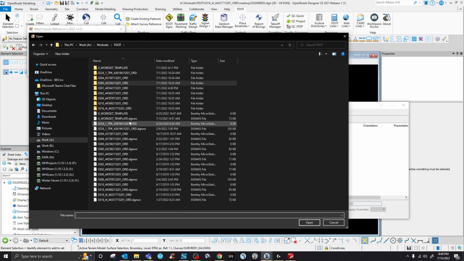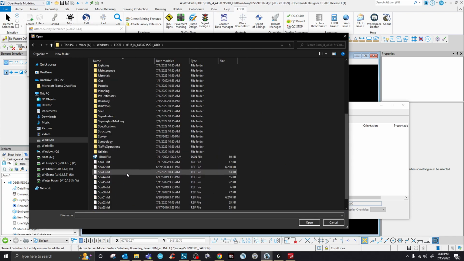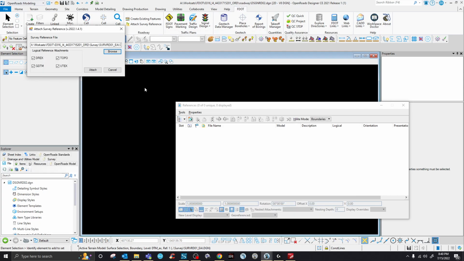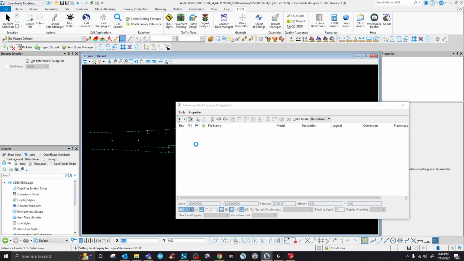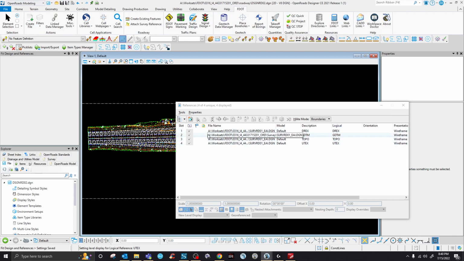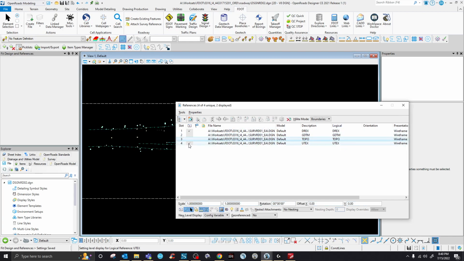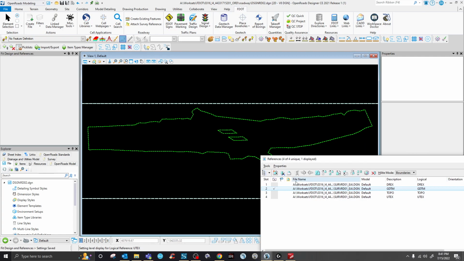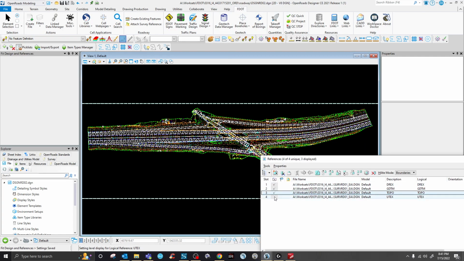Let's go to another project. Here, yeah, survey. If you use this tool, it's literally gonna decipher the survey and make it into multiple references. See? And with that, you can just turn everything off and just keep the DTM if you want the DTM. Here's the DTM. But again, even if I turned all of them on,